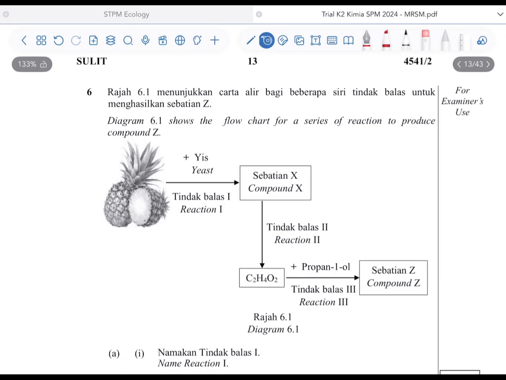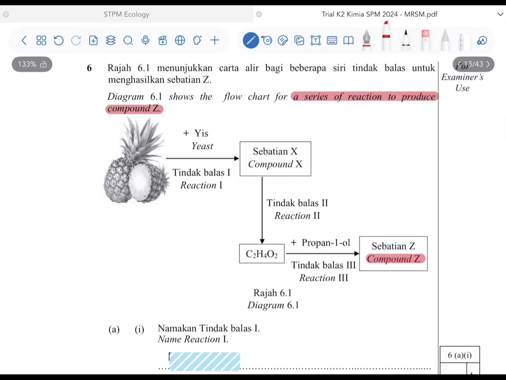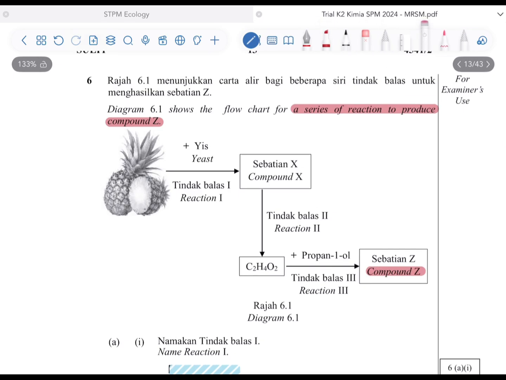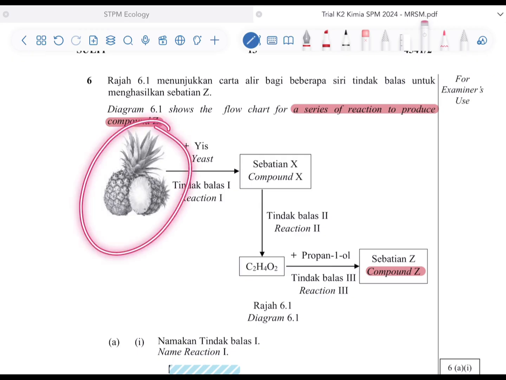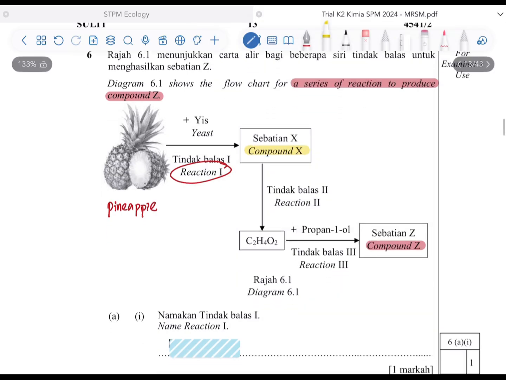Okay, so this question is related to diagram 6.1, which shows the flow chart for a series of reactions to produce the compound Z. Okay, so here it is the compound Z. So let's look at this diagram. So this is a pineapple, and the reaction between the pineapple and yeast will be reaction 1, and they formed a compound known as compound X. So let's highlight this compound X using the yellow color. And then this compound X will undergo the reaction 2 to form this